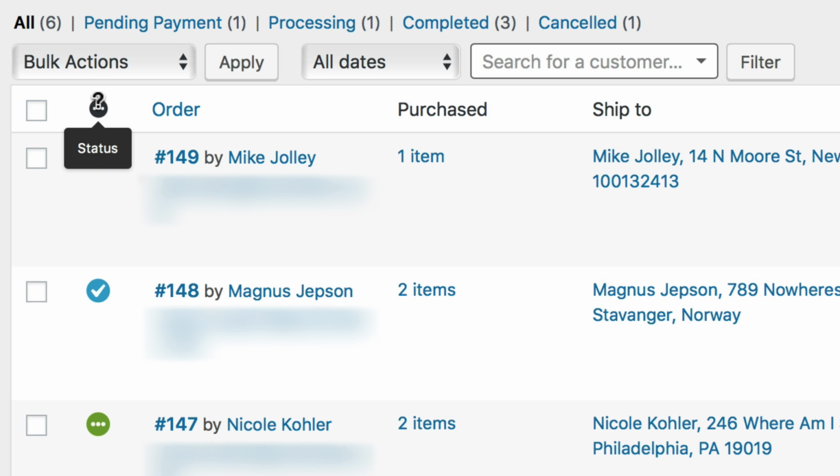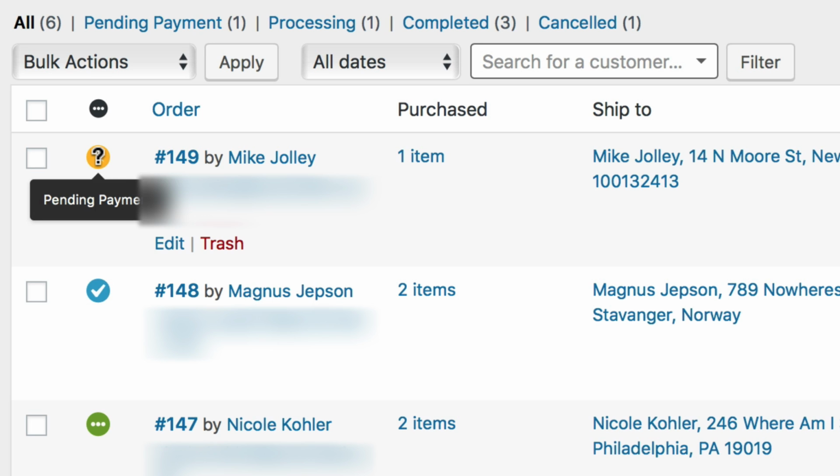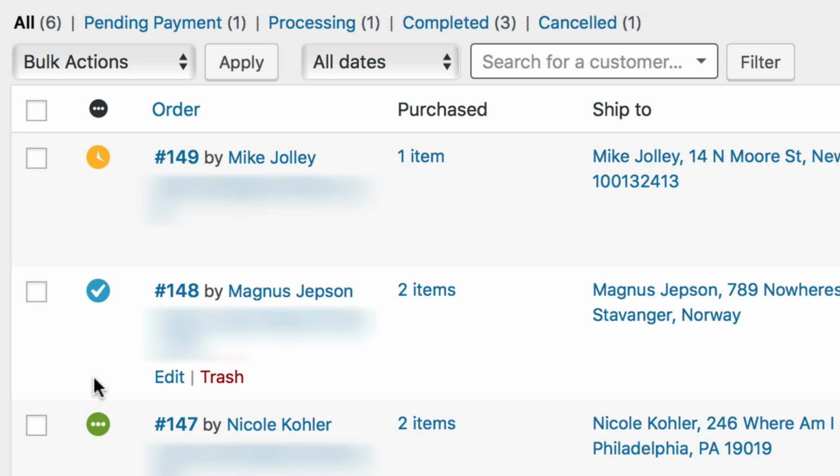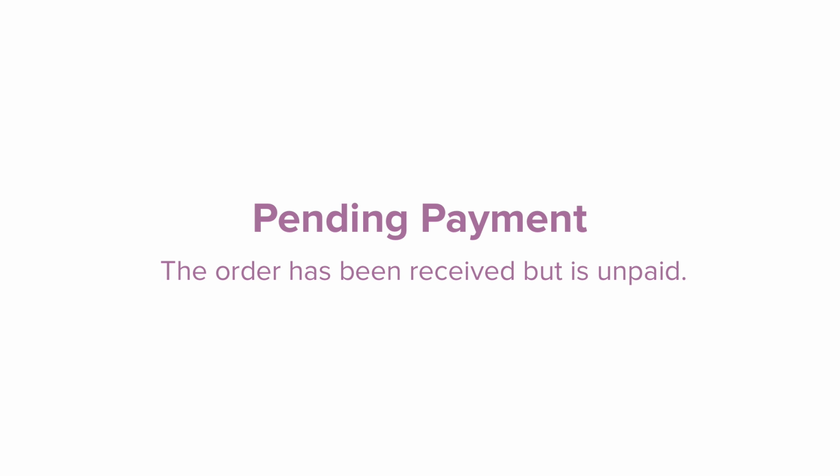From left to right, we first have the order status. These are represented by icons which you can hover over to see their meaning. The included statuses are as follows. Pending payment, which means the order has been received but is unpaid. Failed, the payment failed or was declined. Order is unpaid. Note that this status may not show immediately and instead shows pending until verified with certain gateways